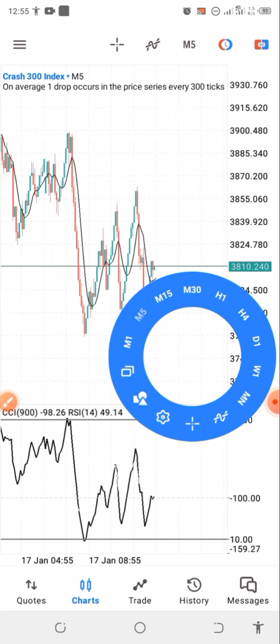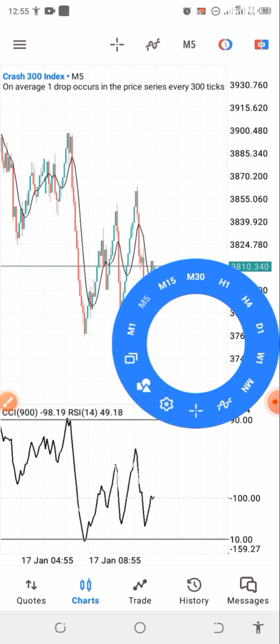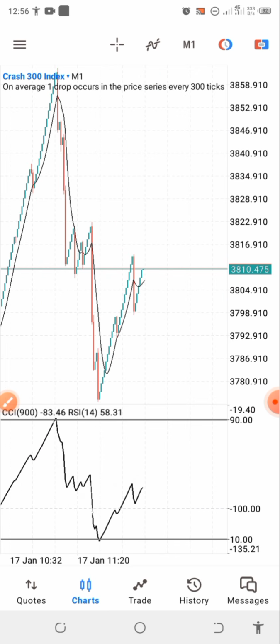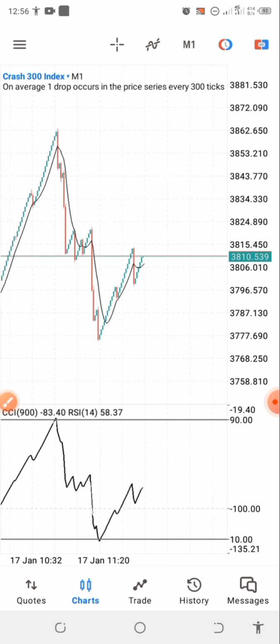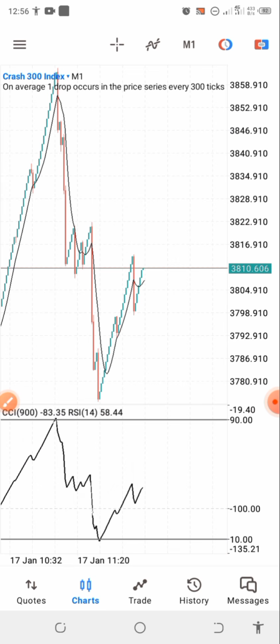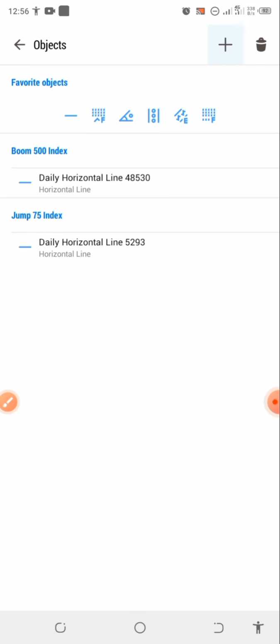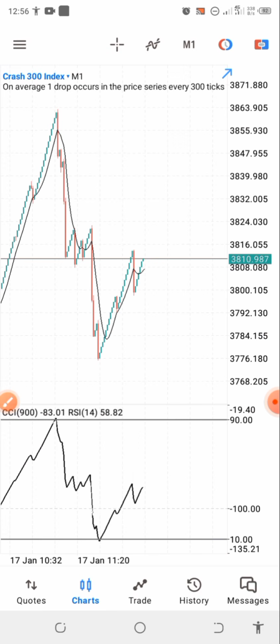Now to use the strategy, let's say you want to catch 5 to 10 candles and then you are out of the market. You want to catch 5 or 10 candles and then you are out of the market. You know it will be on Crash 300 and you want to catch some candles. Okay, now this is the thing that we need to do. So the first thing you want to do is just make sure